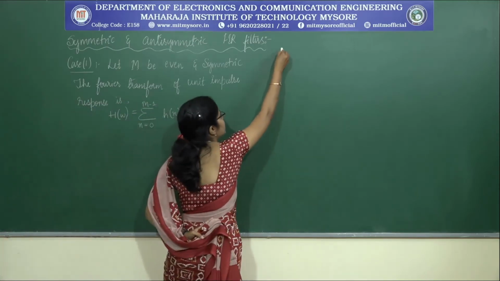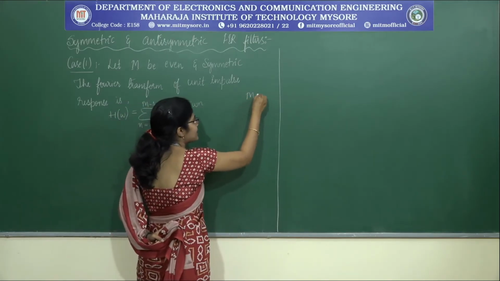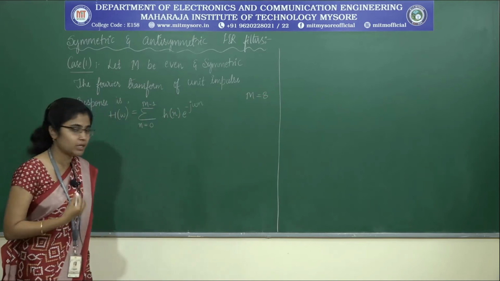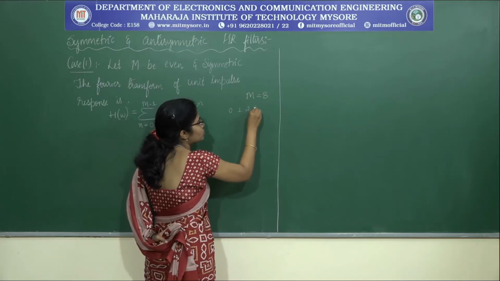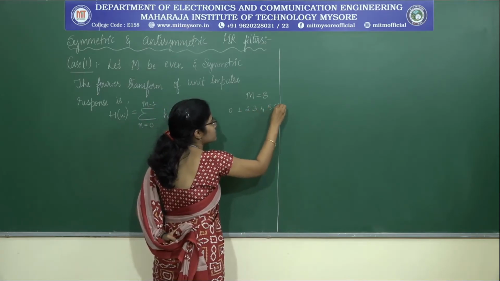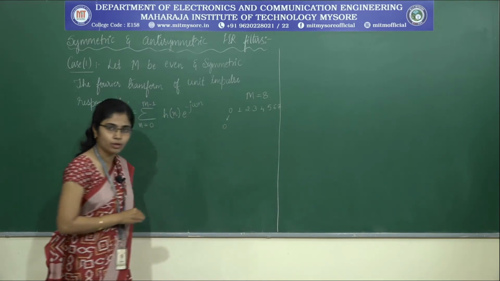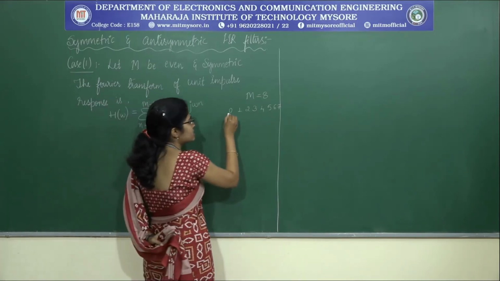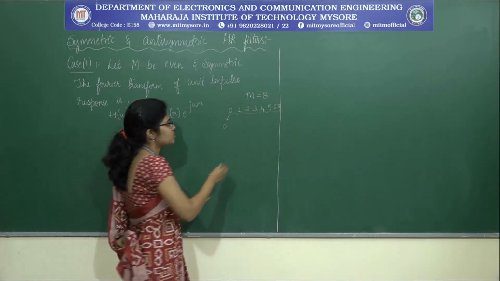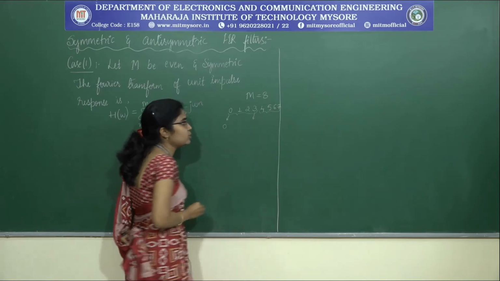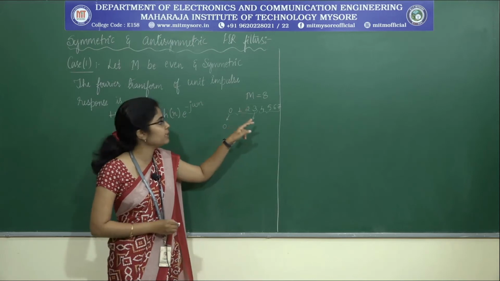Now I need to split this particular summation. Since I have considered the value of m as even, let me take m equal to 8. If it is equal to 8, the indexing will be 0, 1, 2, 3, 4, 5, 6 and 7. So the lower limit of the first summation will be 0. I divide the samples such that there is an equal number of samples. What will be the upper limit of the first summation? I need to get the indexing as 3. For that, I can divide m by 2. If I divide m by 2, I get 4.